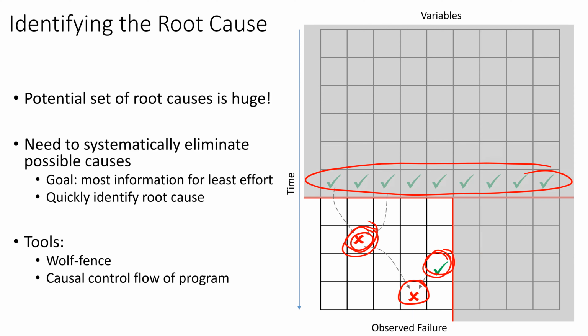Okay, so I'm using the wolf fence algorithm to eliminate parts of my program from consideration. Maybe they don't produce things that are relevant, or I verified their output is correct. And I'm also backtracking, checking the code in the debugger and the state updates in the debugger from the output, from the failure back through the things that it was building upon.